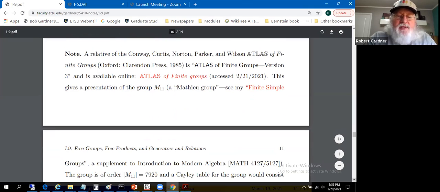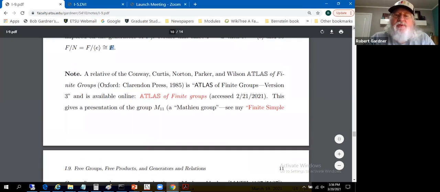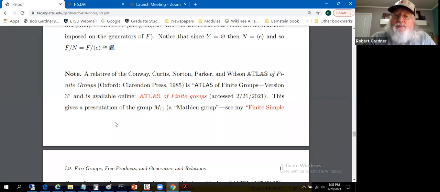Another comment about this, possibly we've mentioned in the past, or you've been exposed to this idea of dealing with finite groups. We mentioned this, at least in passing, in the context of finite simple groups. There's a book out there by Conway, Curtis, Norton, Parker, and Wilson called The Atlas of Finite Groups. It dates from 1985. It's this giant red book, spiral bound, the size of a newspaper,